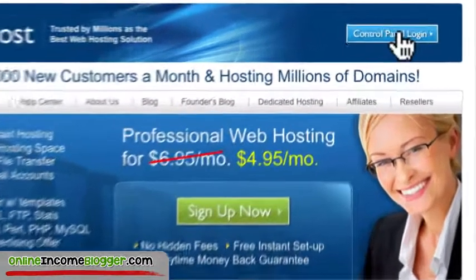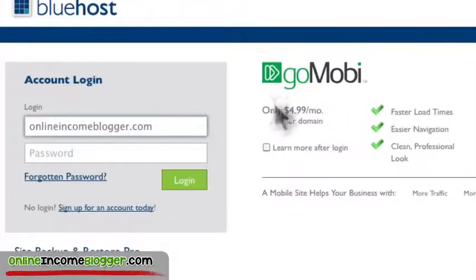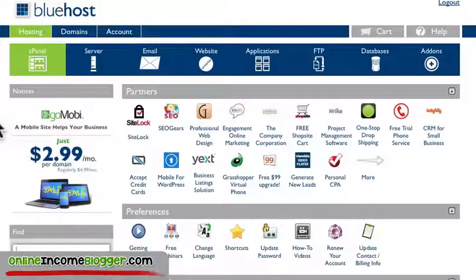So just go to Bluehost.com, and you can find the control panel login here, and then you're going to use your login details. Go ahead and click enter or log in, and that should drop you right into the cPanel. That's what it defaults to because we wanted to go into the control panel. If it logs you into another area, just go to hosting and then cPanel, and that'll bring you to